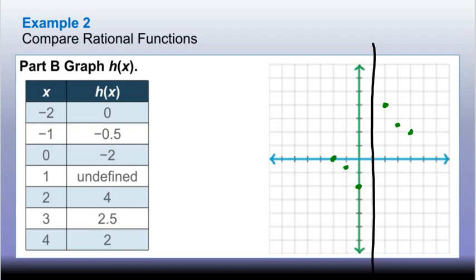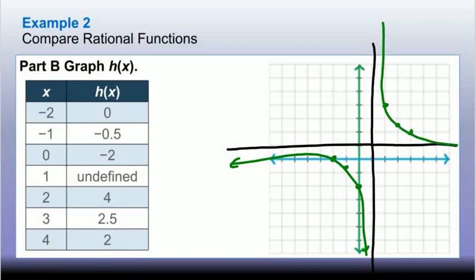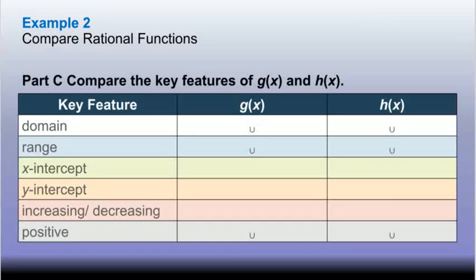And if we think about where it looks like the horizontal asymptote would be, at 1. So our graphs would look like this, and this would look like that. Now we can do some comparison. So, comparing the two,